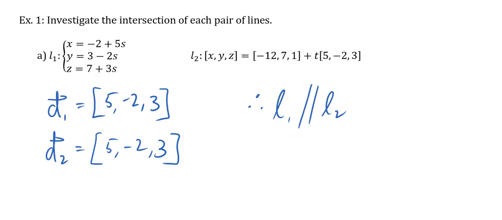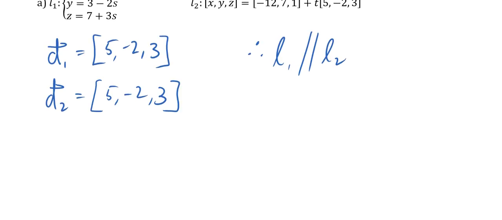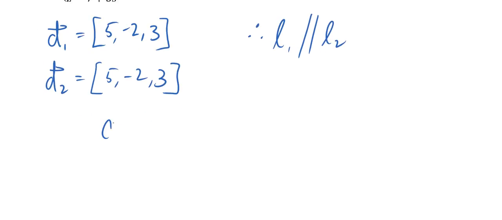So if the lines are parallel, then if any point on one of the lines is on the other line, then the lines are coincident. If any point on one of the lines is not on the other line, then the lines are parallel and distinct, because otherwise they would be crossing somewhere and not parallel, and we've already determined that they are parallel. You could pick any point, but we're given position vectors, or points, so why not just use that? So I'm going to check